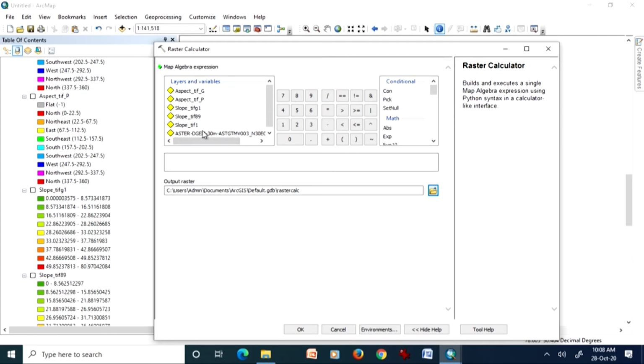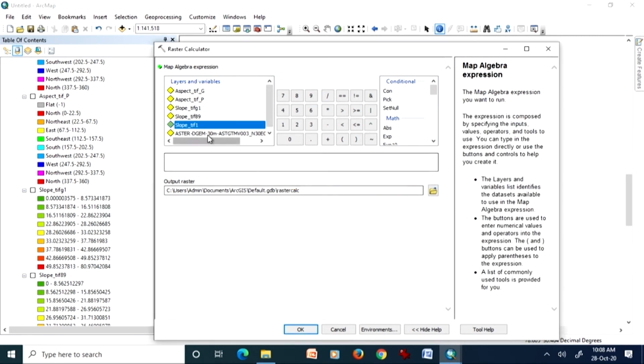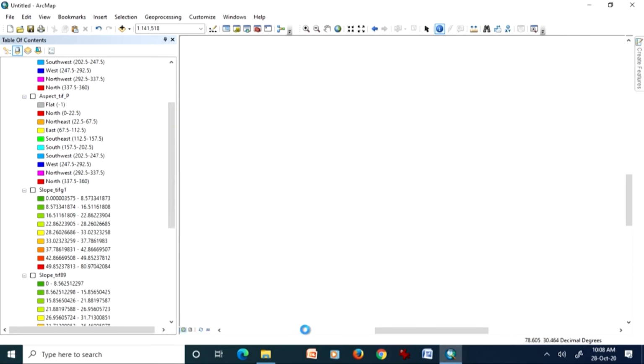So I will use the planar one, which is this one with jet factor 1, minus the slope map with jet factor 0.5 times 0.89, save it in our default database, and go for results.